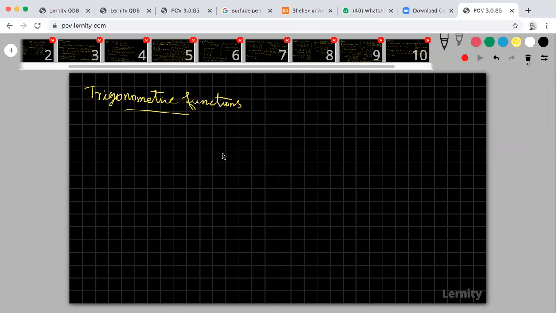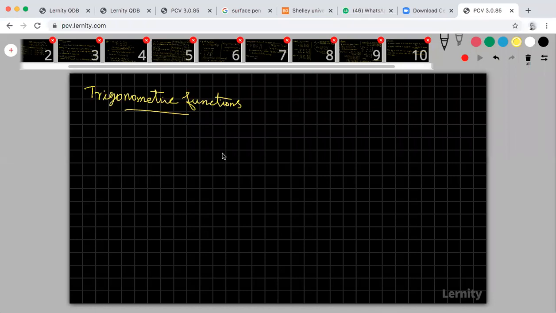What is an angle? An angle is the amount of rotation, the measure of rotation. We rotate one ray from an initial side to a terminal side. Rotation in the anti-clockwise direction gives the angle. If I rotate the ray from the initial side to the terminal side in the clockwise direction, the amount of rotation is called the negative of the angle. These things we have already discussed.